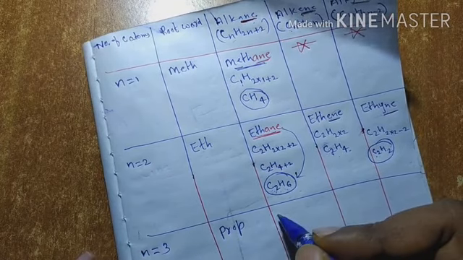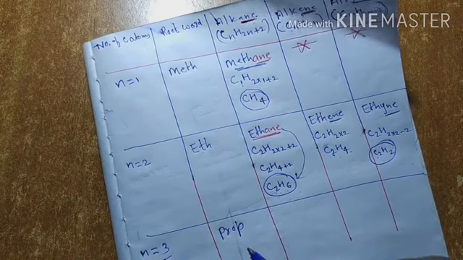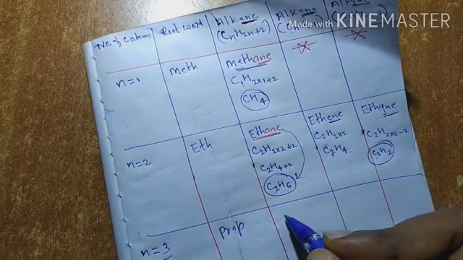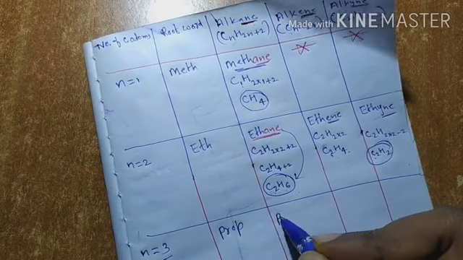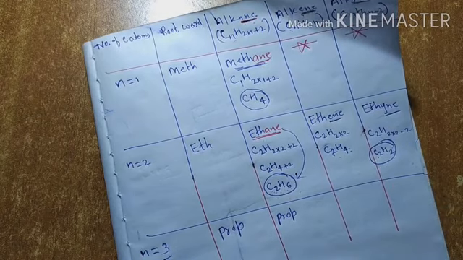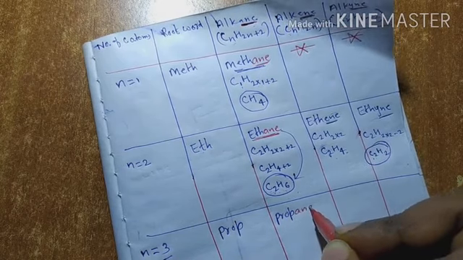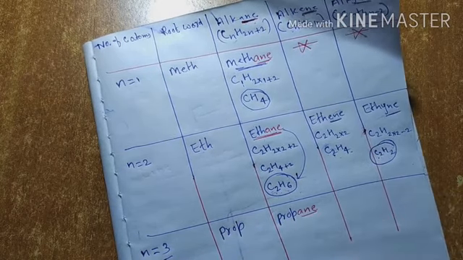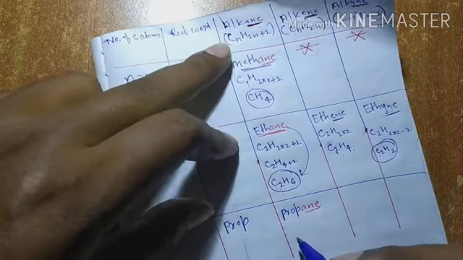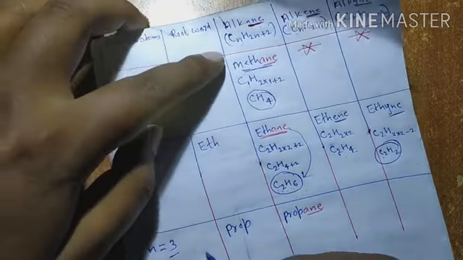So again, root word here. If you want to write alkane, for 3 carbon atoms, you will write the root word prop, and the suffix you will add is ane. n is equal to 3, so how will you write propane? See, n is equal to 3, so you will write